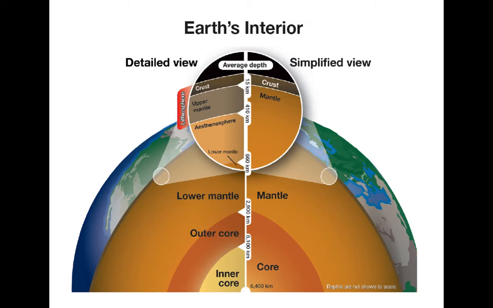Now you'll notice there's a difference there. Why are there two different sides? It's not that we have two different Earths on the inside. It's just how we divide them up. What you see on the left-hand side, where it says lithosphere, which consists of the crust and the upper mantle, the asthenosphere, outer core, inner core, those are put into a group based on certain characteristics. And then on the right-hand side, the crust, the mantle, and the core, that's put into a group based on